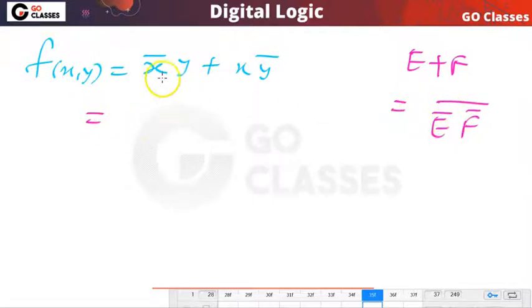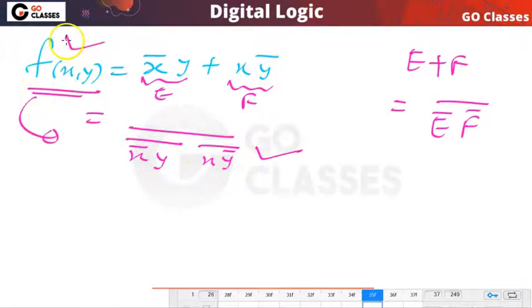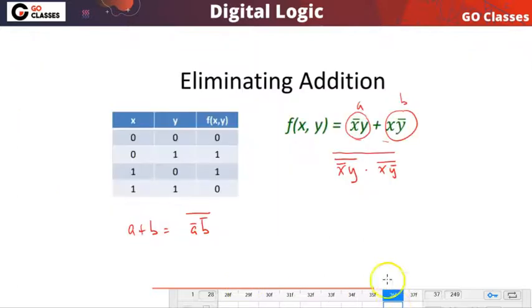Here this is your e, this is your f. So you can do x bar y bar, x y bar bar, whole bar. So this is your function. I can express this function using only and, comma, not. So this is the idea.